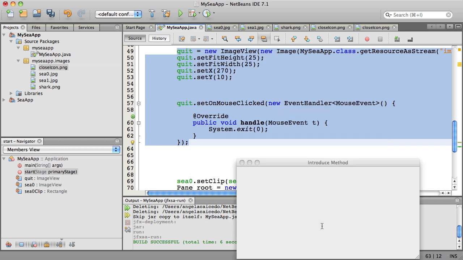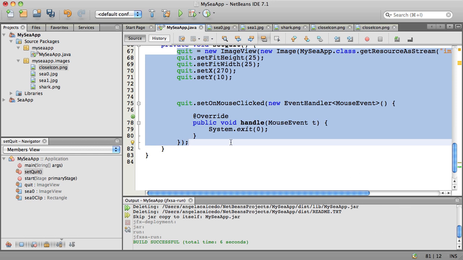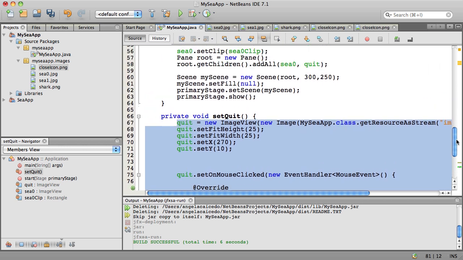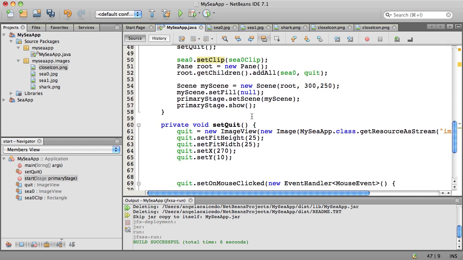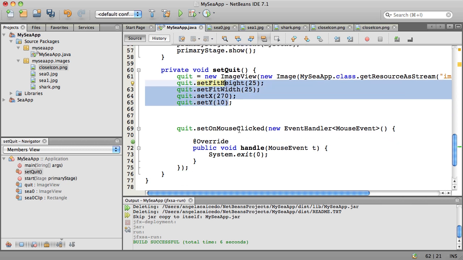So we can actually introduce a method. We're gonna leave it private by default, and we're gonna say quit button. Let's call it set quit. Okay. So what it's going to do is it's going to extract my code and put it into a separate method called setQuit, and in the start method, it actually added the appropriate method call for that. Okay, so we already create an extra button, an image, define some size and position it, and then the mouse